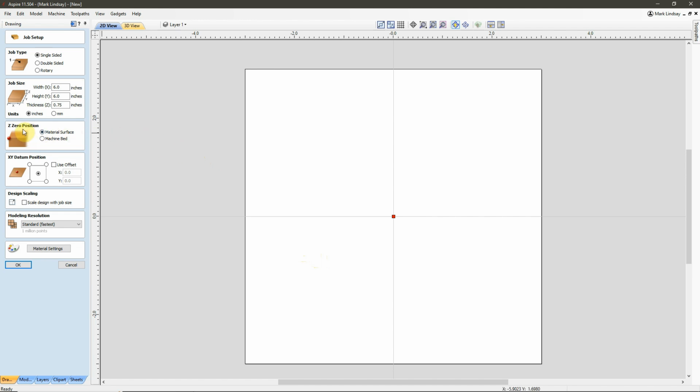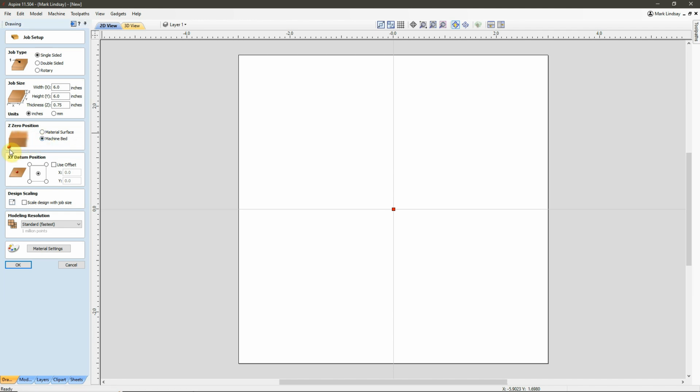Are we going to set our Z0 to the material surface, or are we going to set it to the machine bed? Most of the time you will see me working from the material surface. Generally speaking, I use this setting when I'm carving down into the material without going all the way through it. I will usually set my Z0 position to the material surface when I'm V-carving, when I'm carving a 3D model,